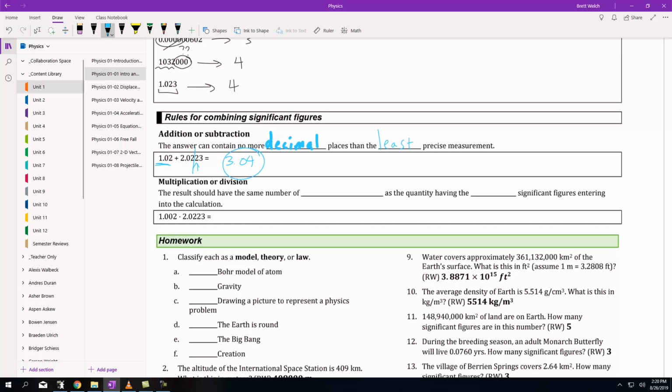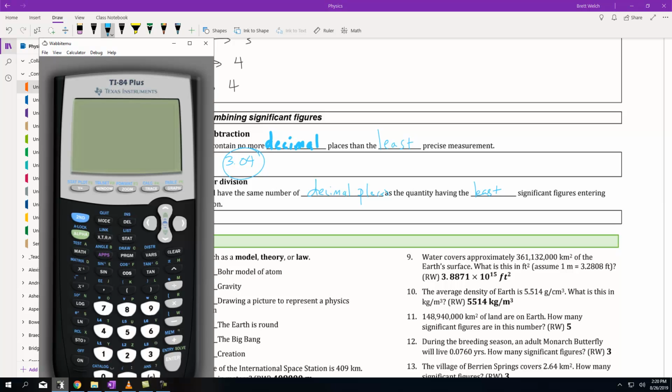When it's multiplication, the answer must have the same number of significant figures as the quantity having the least significant figures in the calculation. So right here, this goes out to the 3rd decimal place. So when I do this multiplication, that 3 is going to drop. I can't go that far out. And so if you went through and made this calculation real quickly,